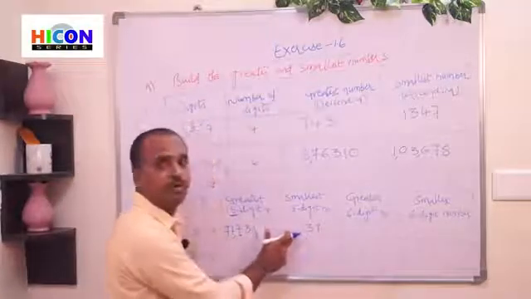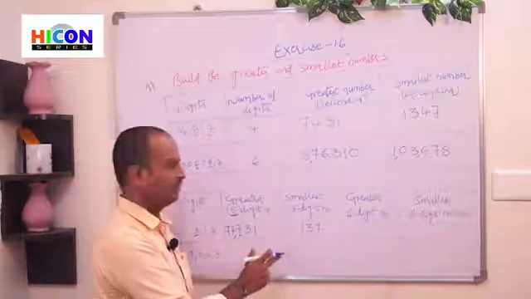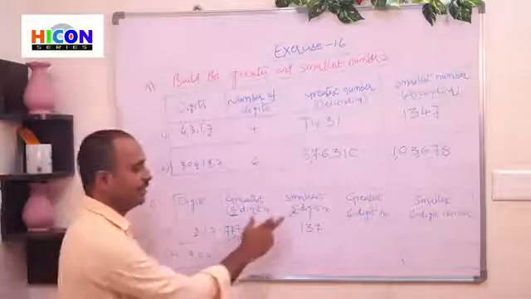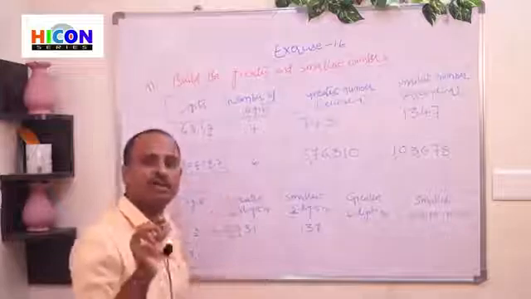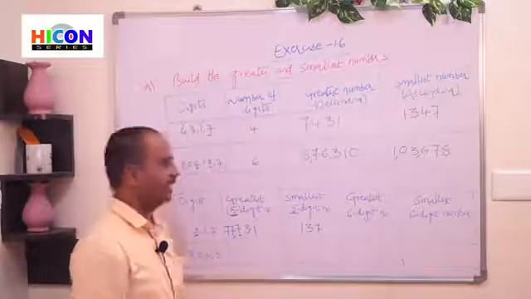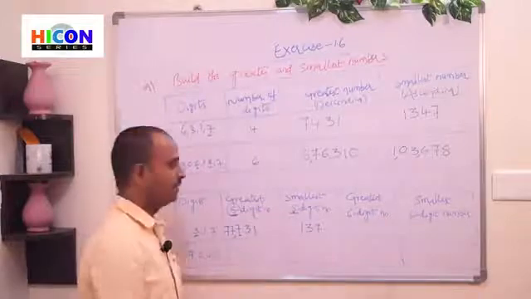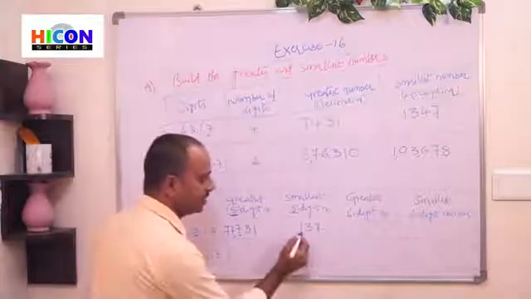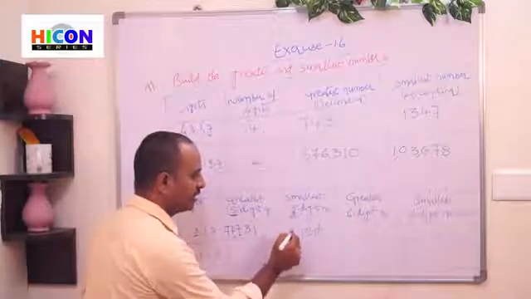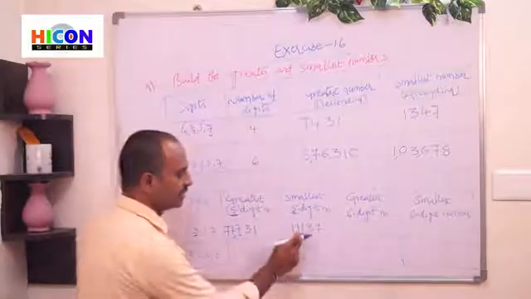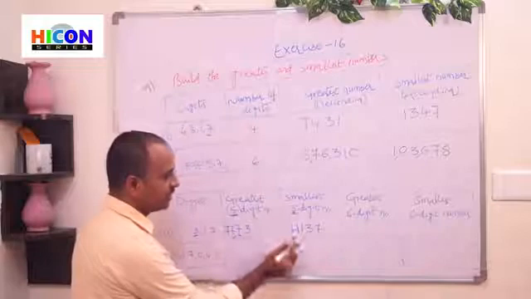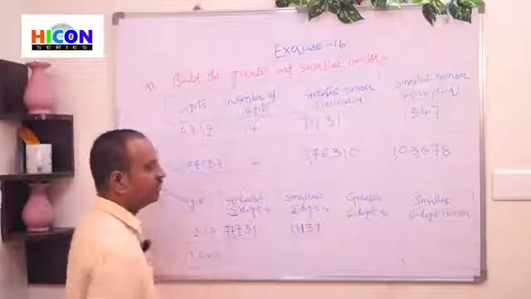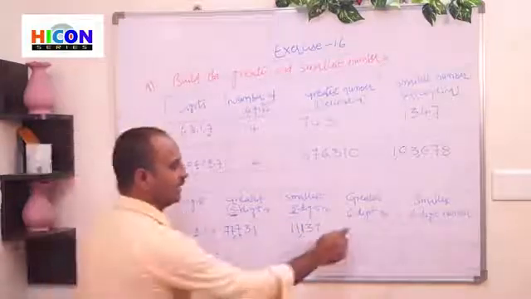Children, this is the smallest number, but there are only 3 digits and we require 5 digits. That means 2 more digits are required. So how can we form 5 digits? Repeat the smallest digit as many times as we require. That's why repeat the smallest digit 2 times at its left side. The smallest digit is 1, but we require 2 more digits, so repeat 1 two times. This is the smallest 5-digit number, that is 11,137.